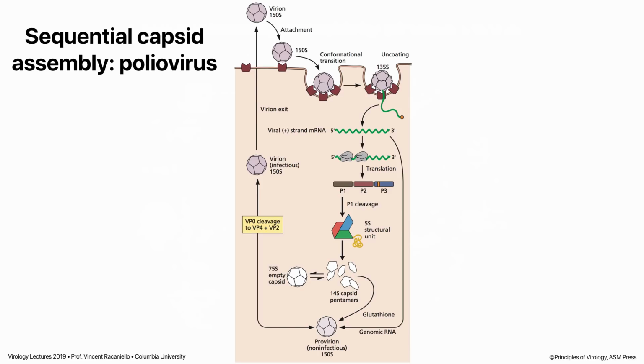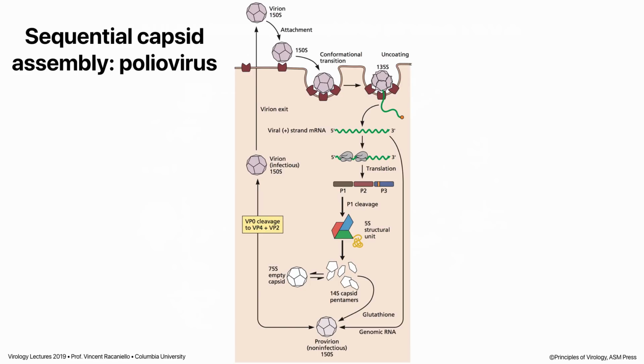That is sequential stages of assembly. Let's look at an example of this, poliovirus here, which has been really well studied, so we understand all the steps involved. This is the entire replication cycle. It all happens in the cytosol. Viruses bind receptors. The receptor itself catalyzes conformational transitions that allow the RNA to come out of the particle. The receptor makes this virus unstable. And so the RNA is coming out through a pore that's formed in the capsid by the receptor,